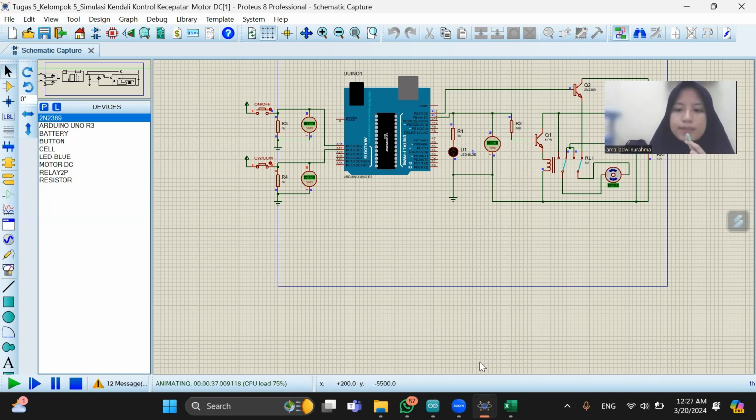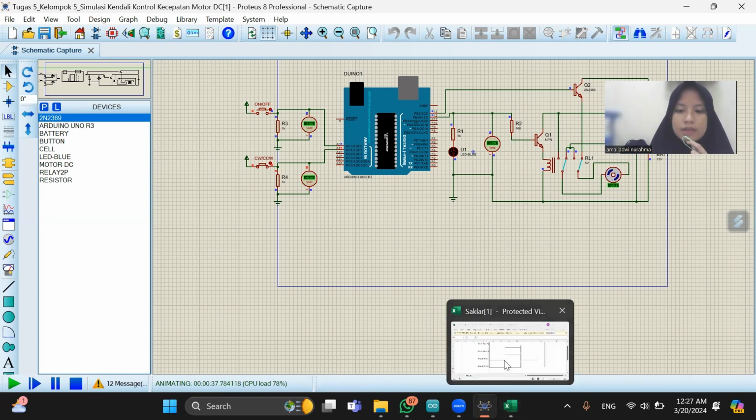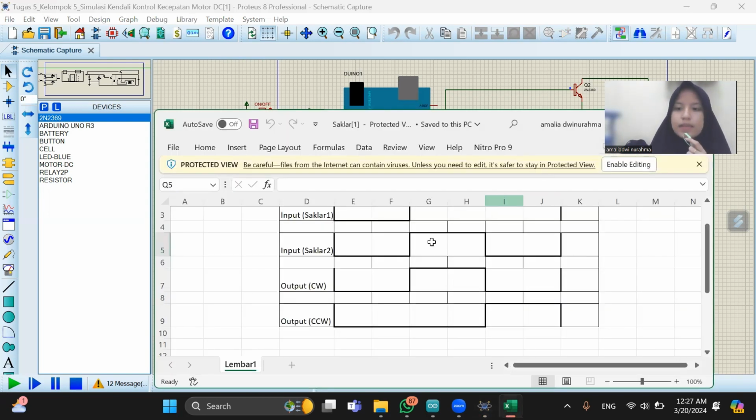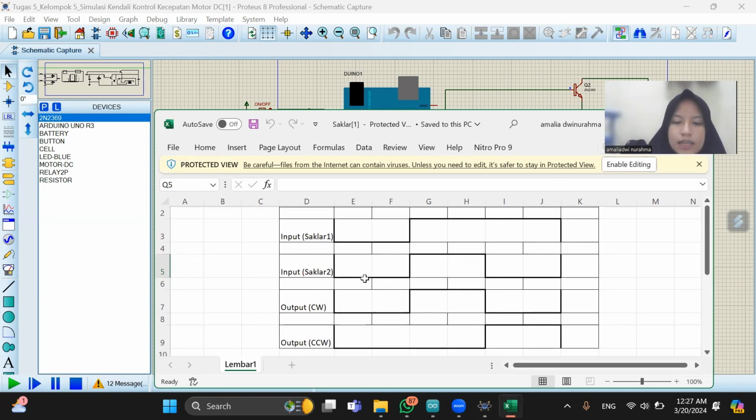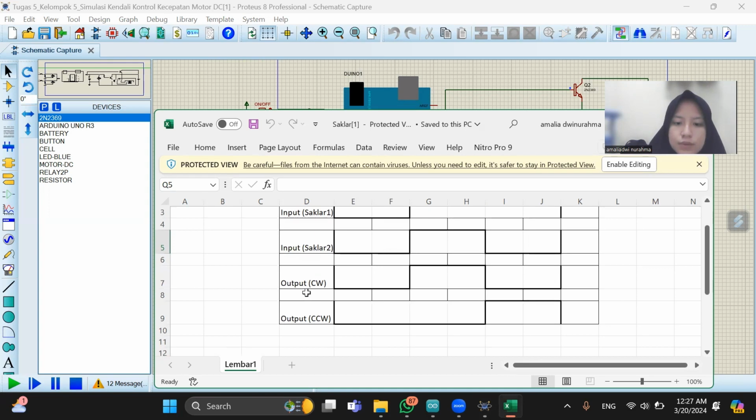I will explain about the diagram. This is a diagram of Saklar 1 and Saklar 2. If both are low, the output CW and CCW will be low.